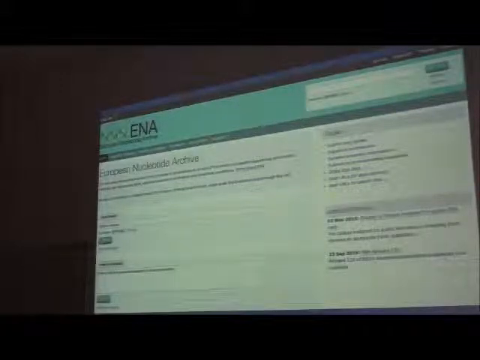And what you can do here is, this is a web interface for ENA. You can just come here and fill in some keywords of the gene that you are interested in, or a partial sequence. And this is what you're going to get. This is a summary. In this one, we got more than 6,000 results. And let's say we're interested in the mosquito Culex pipiens. So we click on this, and we get